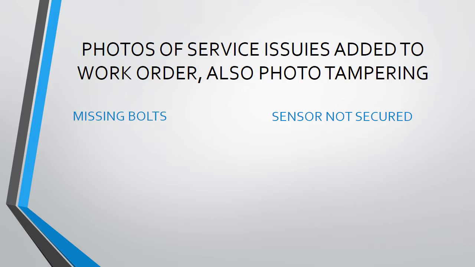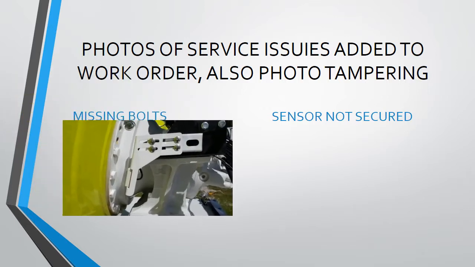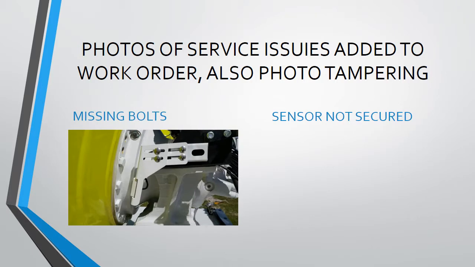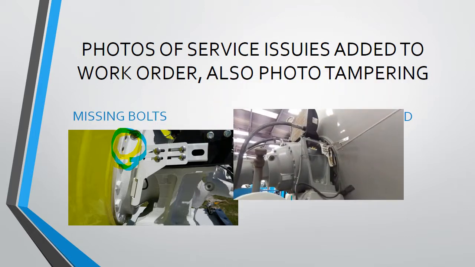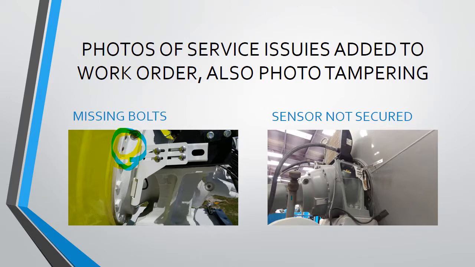When we're doing services and y'all show up to a site, we don't know what's wrong with it all the time. We just know that the drum sensors are not working on a concrete truck. So we get out there and there's 2 missing bolts, and we don't know anything about that. But you guys go out there and find these 2 missing bolts, take a picture of it. I'm not saying that they're really missing, but this picture, to us, looks like it is. Take a picture of those bolts. Yeah, they're missing to us. This is why it's not working. We can send that over to the